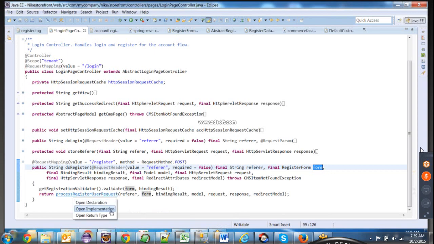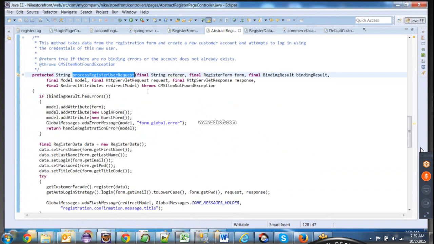So here, if you see, now here also you have to change it to Nike register form, because right now the return type is changed, right? So here also you are using Nike register form. Good. I have my Nike register form where I am having my extra attributes. Well and good. Here in your register data, if you see, register data is still containing 5,